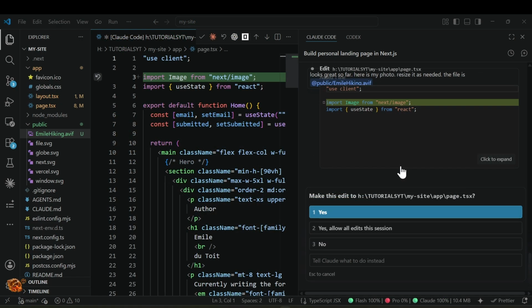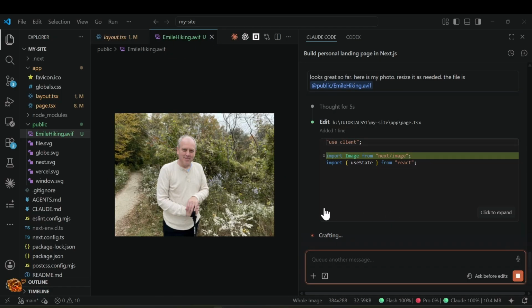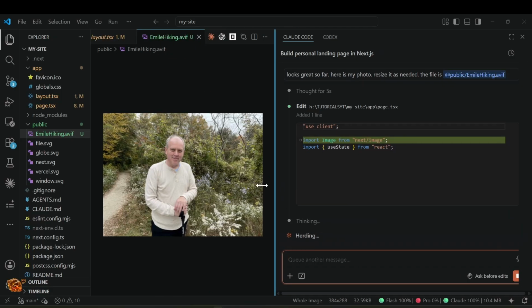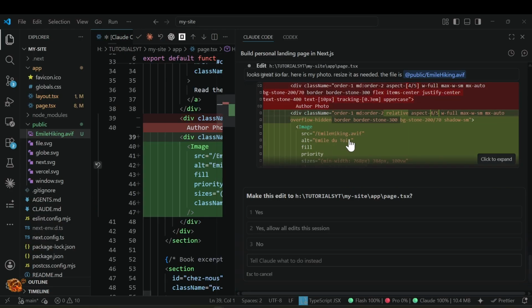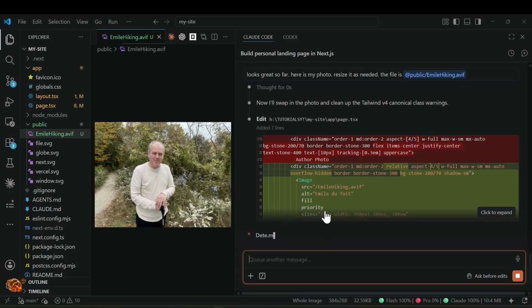So the agent is again asking for our permission. Once you get confidence and experience, you can skip past all the individual information and approval steps and just say allow all edits in the session, for example. For now, let's just continue one step at a time. So he's updating our page, putting the image in.